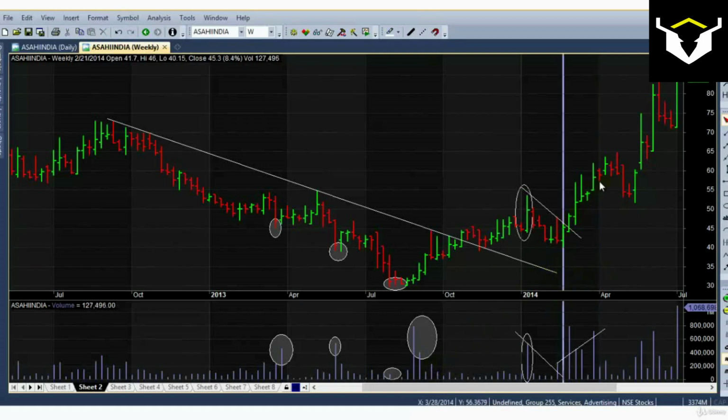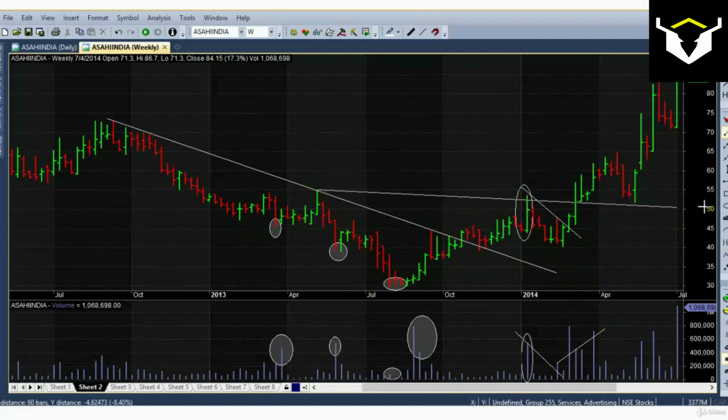Here it is so clearly evident: volume picked up towards the upside and there is an increase in momentum of price towards the upside, with an increase in volume. So now we have shoulder 1 and shoulder 2. You can see here shoulder 1, shoulder 2 and a head, and we can draw a neckline here. So I've drawn a neckline